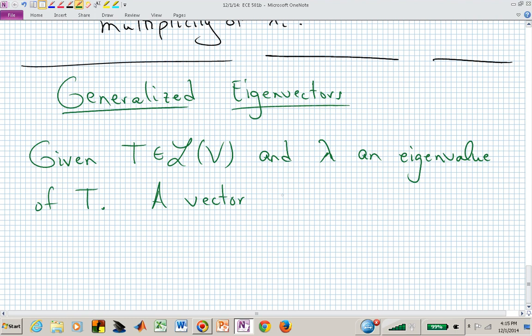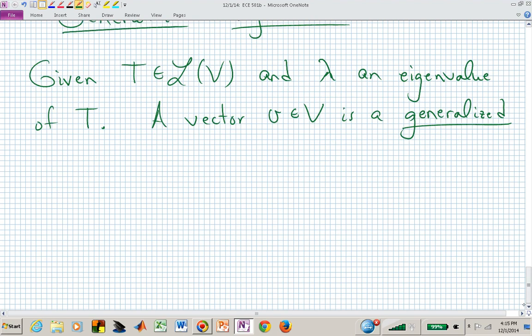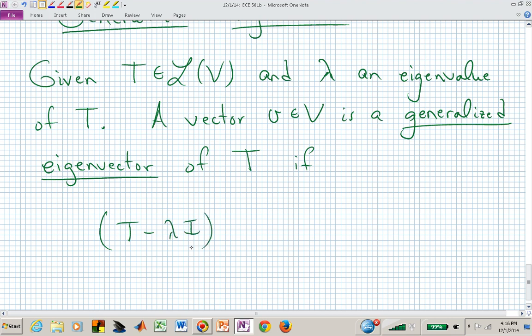Then a vector, let's say lowercase v, in our vector space capital V is called a generalized eigenvector of T if (T minus lambda I) to the j applied to v is equal to 0 for some